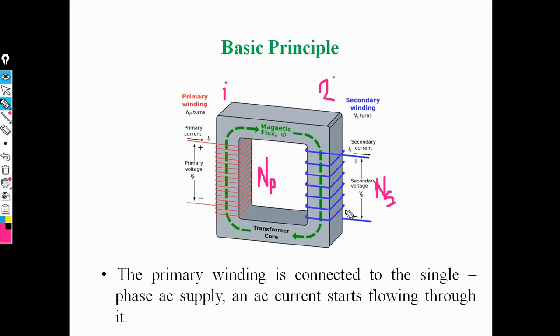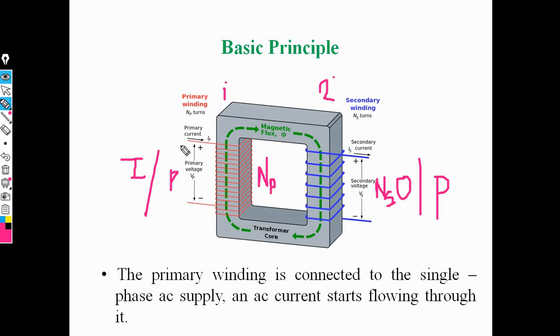Okay, now here we need the input side and the output side. Now this is the input side of the transformer. Okay, now this is the input side and this is the output side. Okay, now here this is the single phase transformer. When single phase AC voltage is applied to the primary winding, that is NP turns, then at that instant